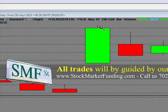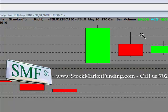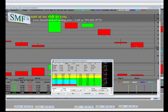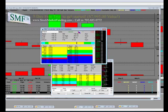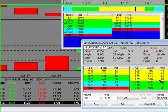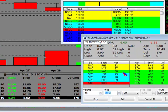We used to own the 145 call, made a lot of money, sold them. The rest of the public, though, guess what? They're riding them all the way down, and they're right back here where the earnings were when they had that big pop to $22, and we're buying them down here. And basically, here's the First Solar hit 130.12, hit that 130 strike, and we're getting in, and we like what we're doing,